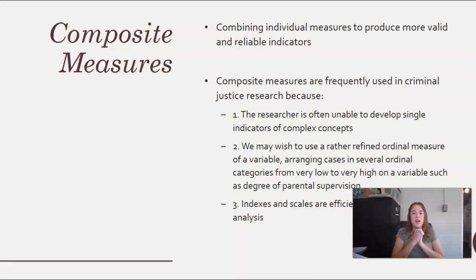So let's make it a little bit easier, because that could be a lot of different questions. So for example, let's say we're talking about violent crime in particular. So violent crime consists of murder, rape, robbery, and assault. In our study, that's the definition of violent crime. It's one of those four, or multiple. So let's say that we ask, have you ever been a victim of assault? Have you ever been a victim of robbery? Have you ever been a victim of rape? And so then we would combine those answers into one.